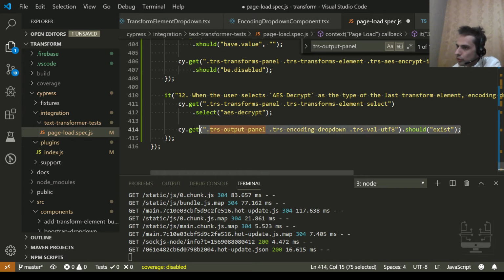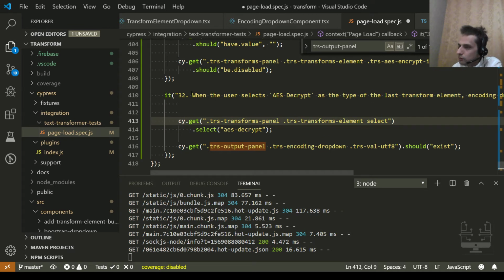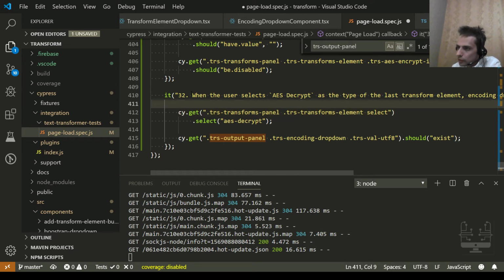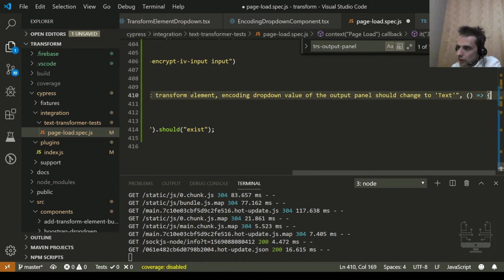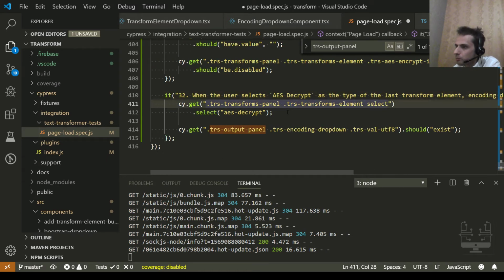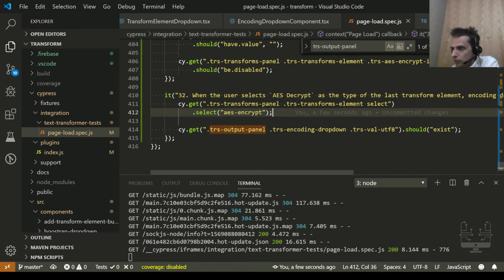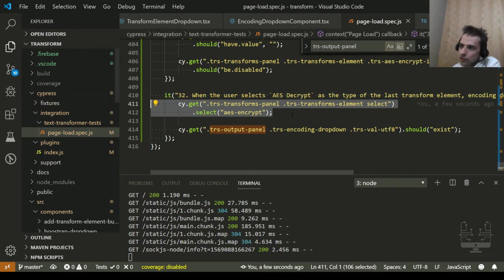By default, it should be. I'm not sure what it should be by default. I got it. Let me select this to AES encrypt, because AES encrypt will change the default output to base64,